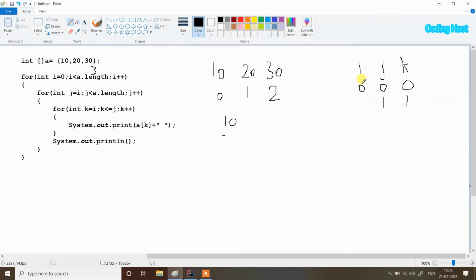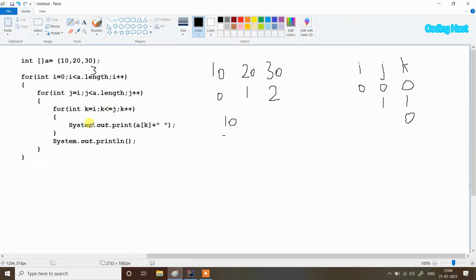So i is 0 and j is 1. It will print all the elements from index 0 to index 1. For int k equal to i, k will again become 0 because the value of i is 0, and here it will check that k is less than or equal to j. So k is 0 and j is 1.